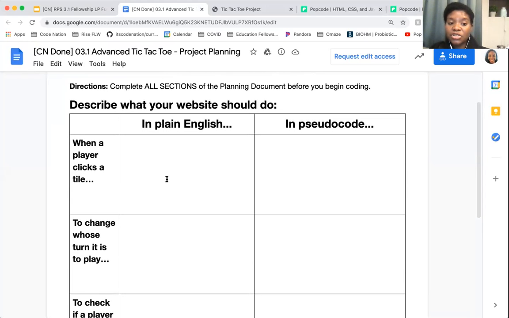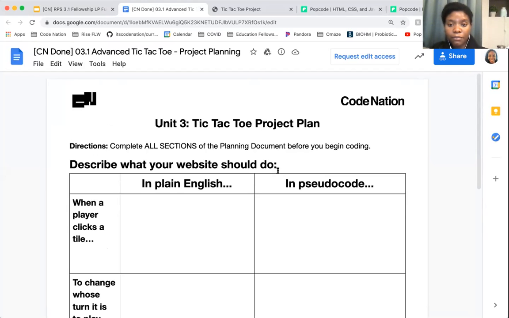So from English, you have described what you want your website to do when a player clicks on a tile. How are you going to accomplish that in pseudocode? Okay. Once you've completed this, then you're ready to begin building your